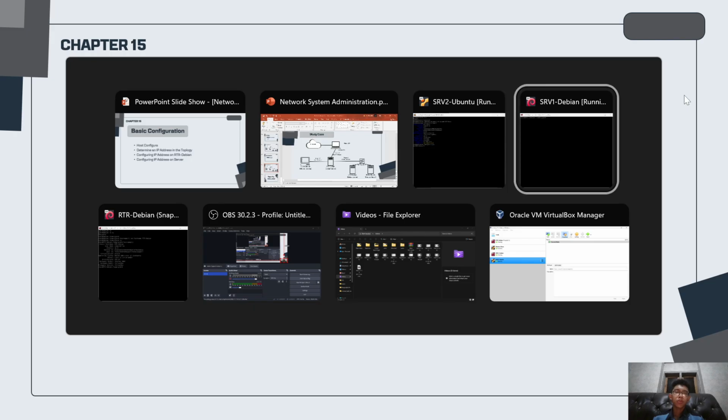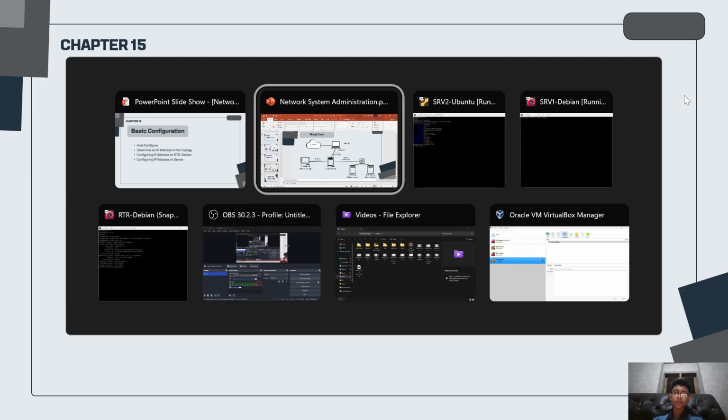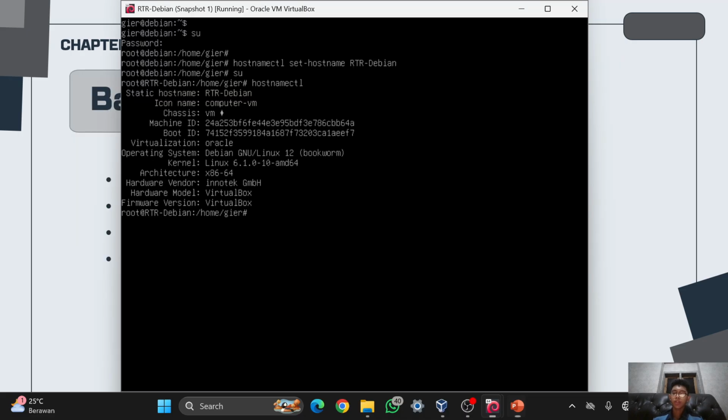And the next one, I will set the hosts on the server2 Ubuntu, server1 Debian and also the router Debian. To configure the hosts, I will open the router Debian first, guys. I will clear it. As you already know, the host name is located in /etc/hostname, like this, which is here on the router Debian.